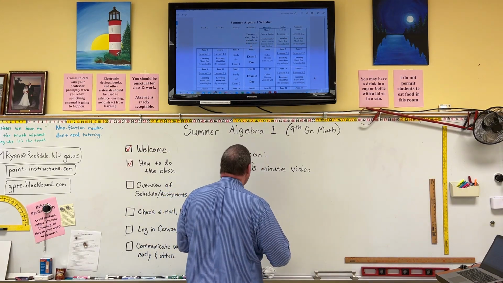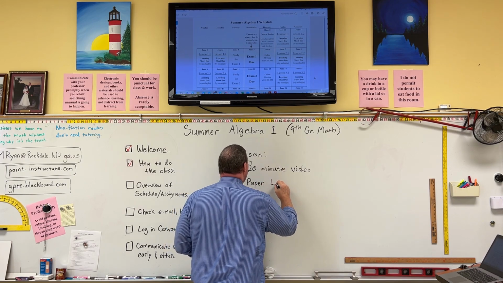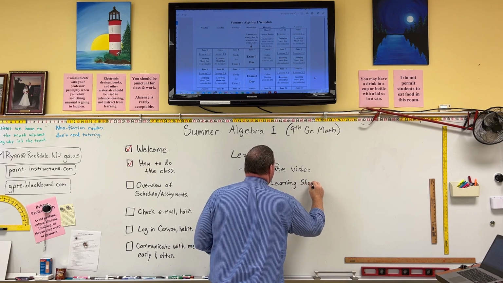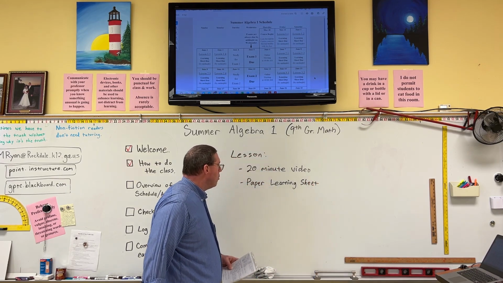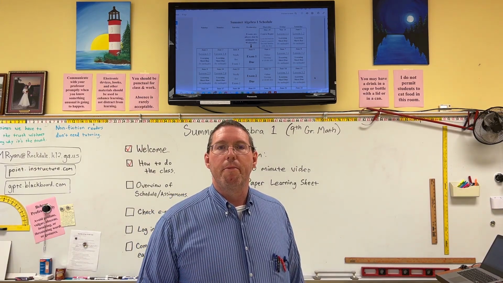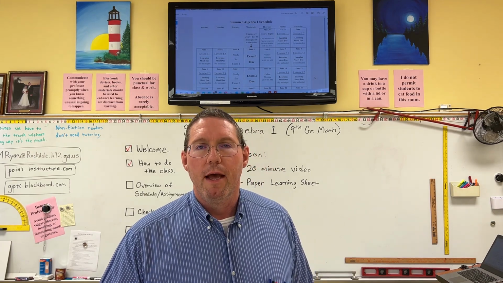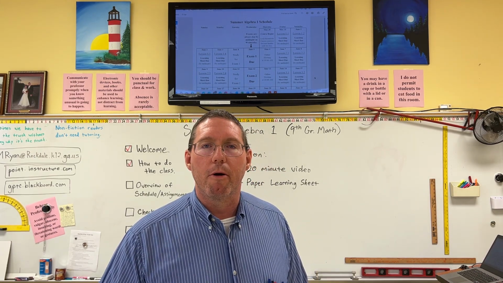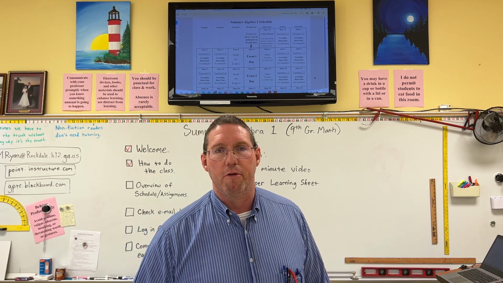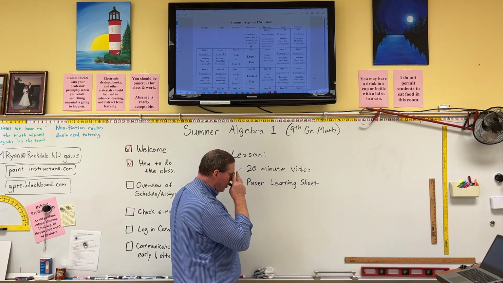And then every lesson is going to involve a paper learning sheet. Now, this is going to be either a one-sided or two-sided piece of paper. You'll see the PDF, you'll open up the PDF on your computer, and you'll need to print it on paper. Now, if you can't print it on paper, then I will figure out how to print it myself for you and then deliver it to you, okay? Somehow or another we'll meet up and I'll give you these learning sheets, okay?